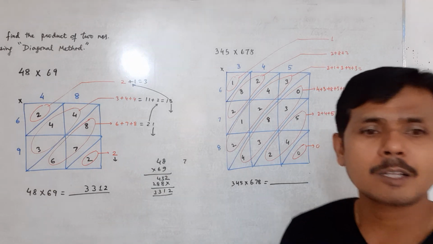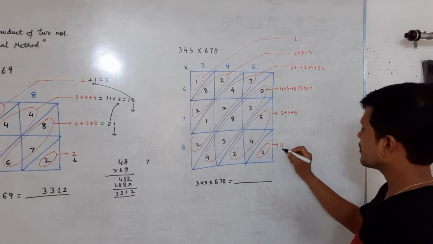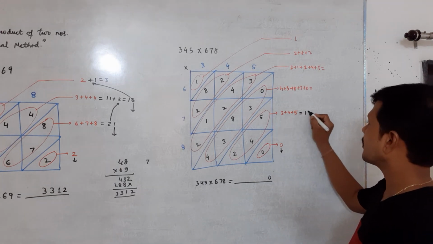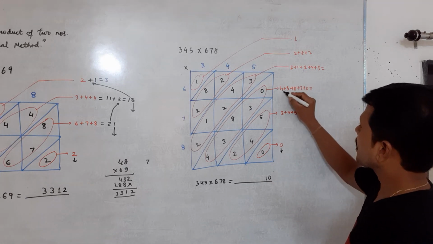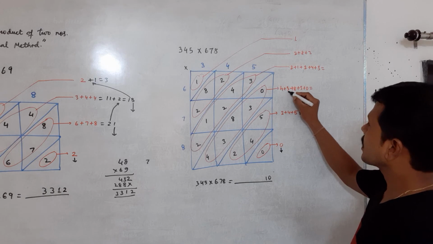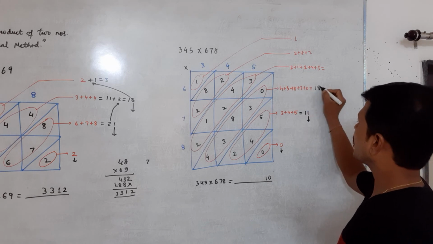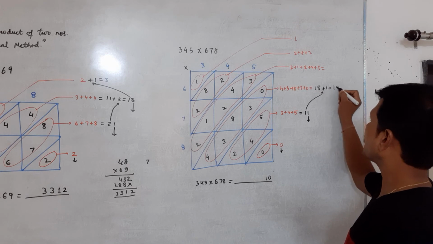Next. Now see it completely. The sum over here is only 0, so I am writing it over here, 0. Over here the sum is equal to 11. 11, one's place will be over here. Now add up this. 4 plus 3, 7. 7 plus 8, 15, plus 3, 18. Look over here, 18. Now this one I will add it over here. This is equal to 19.